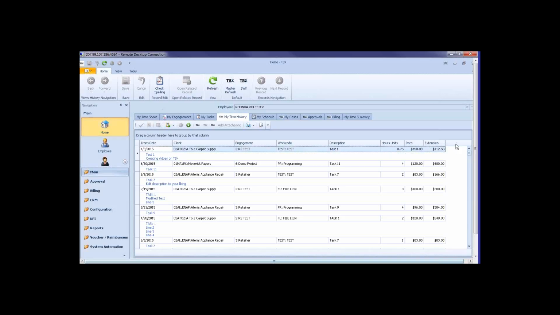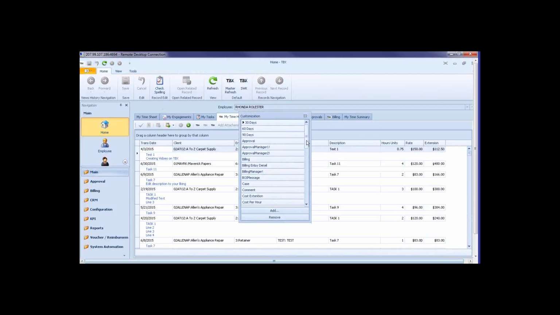And adding columns in, finding more data, is as easy as right-clicking on this here and going to our column chooser. I'll move this up here. And as you can see, we have a lot of different ways that you can partition the data out and reflect the data from different time entries, so that anyone that's using the program can have the most accurate and